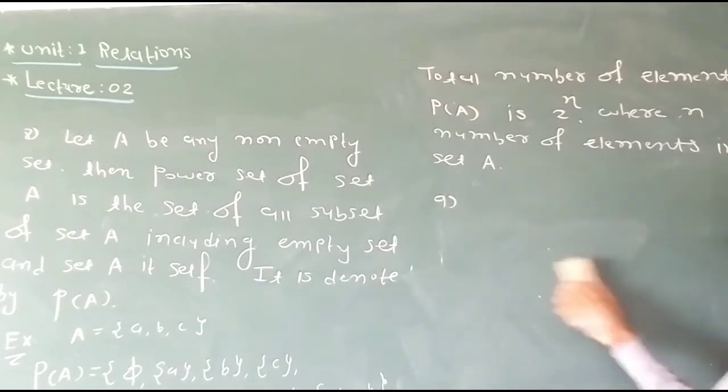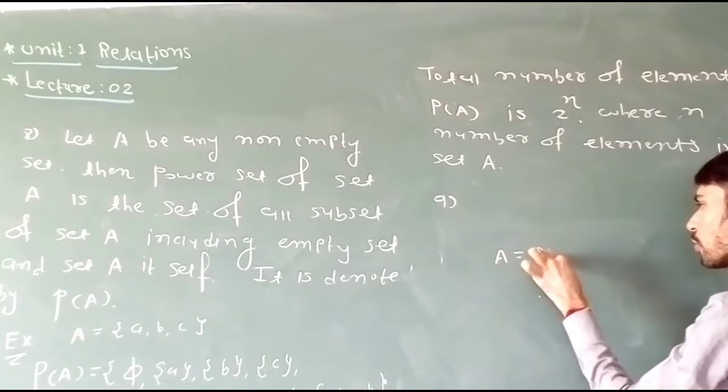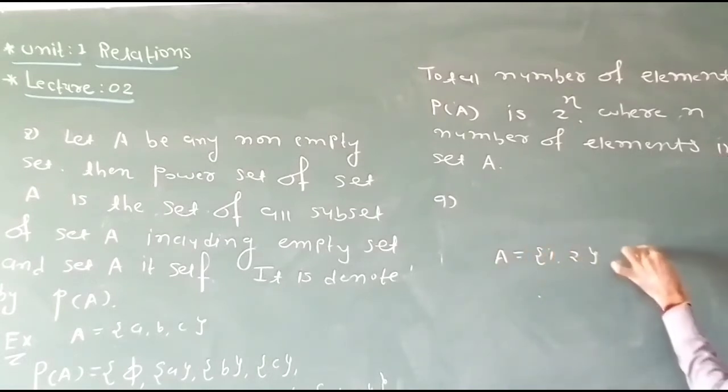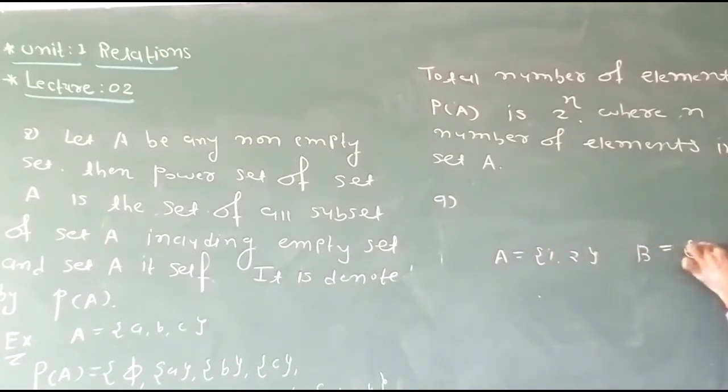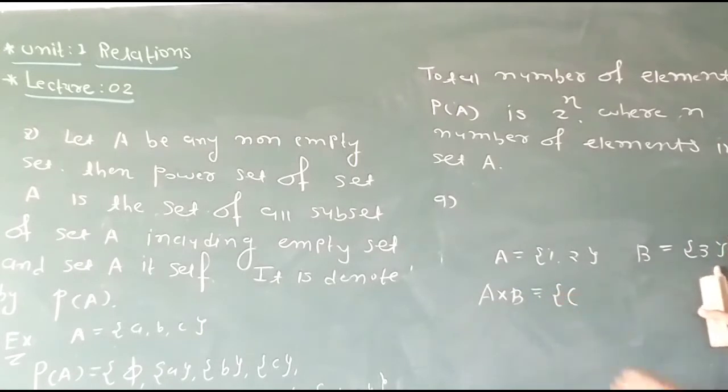For example, don't write first of all, here we understand this thing. Here we consider set A is equal to {1, 2} and set B is equal to, here we take just singleton {3}. Now we define the Cartesian product A cross B. So the Cartesian product A cross B has pairs (1, 3)